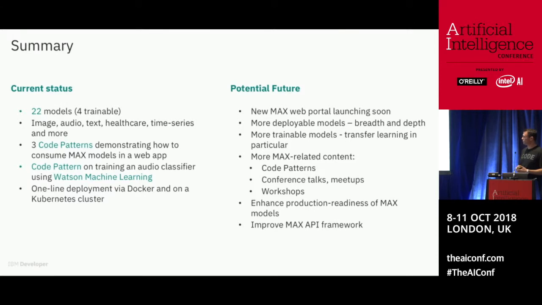But we want to make all of these framework tools as easy to use as possible and remove a lot of the boilerplate so that the community can focus on wrapping up models, putting them on the exchange, and we can streamline that process. So if you are interested in that part of it and you have things that you might want to talk about contributing, definitely please reach out to me.